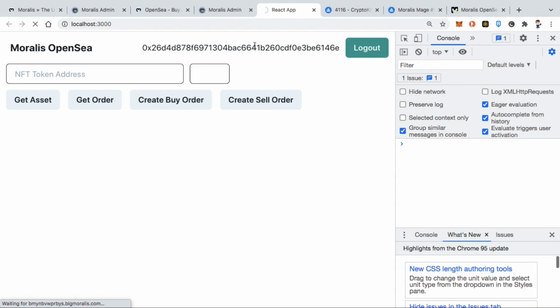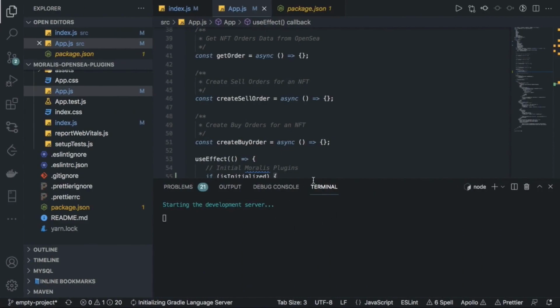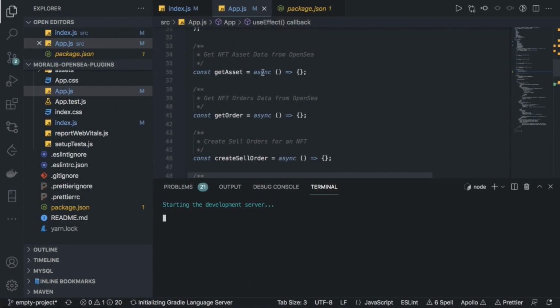So since it's still waiting for the server to start, let's just start to implement the get asset functionality with the Moralis plugin really quickly. And it's very, very easy. So in here, we want to get the asset. Basically, using the Moralis plugin, we'll be able to get any NFT asset data that is provided by the OpenSea